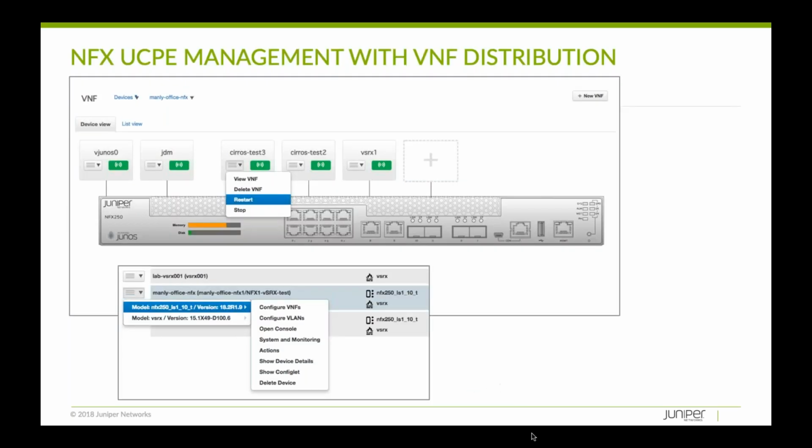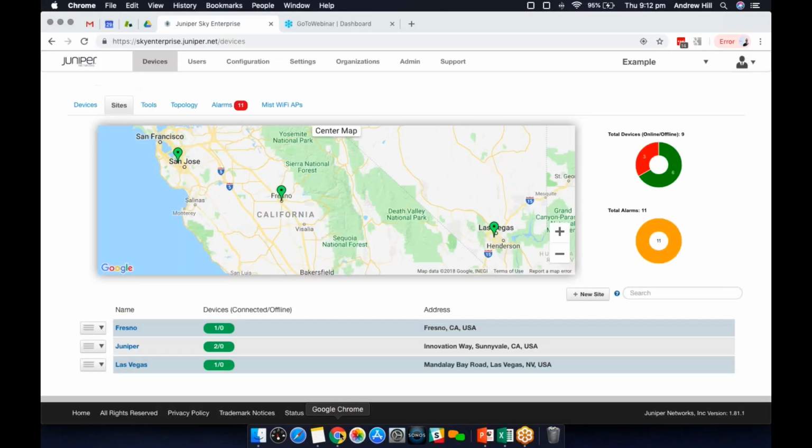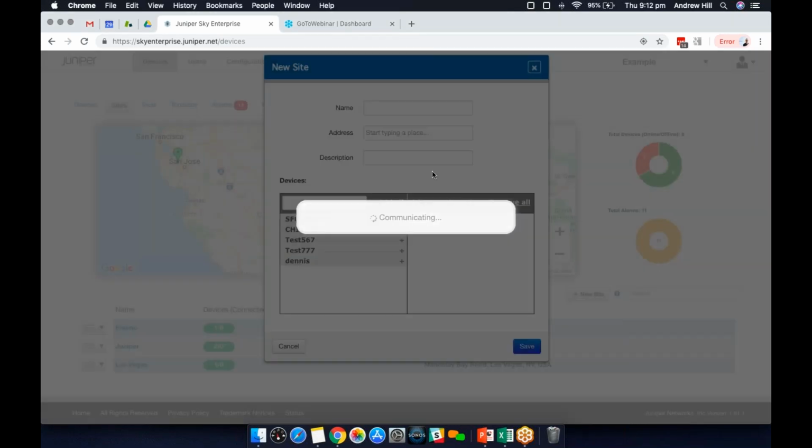Okay, so with that, I'm now going to jump into a live demo, and we'll look in a bit more detail at some of those functions that we spoke about before. So when you first log into Sky Enterprise, this is typically the view that you might get, and in this instance we can see that we've got 3 sites, and if I bring another site online, I can simply